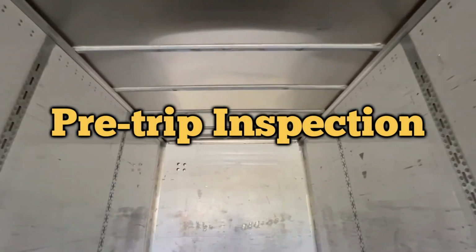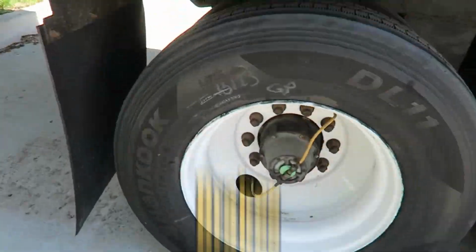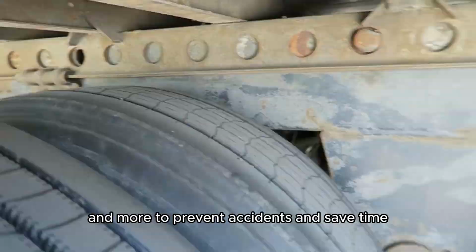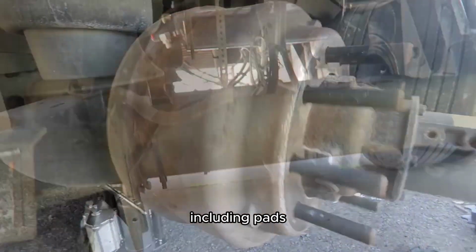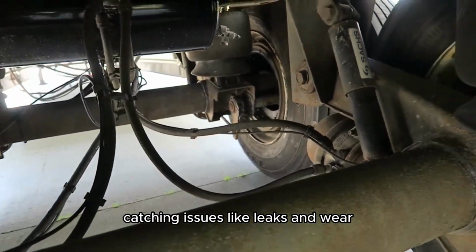Pre-trip inspection. Conduct a thorough pre-trip inspection, checking tire pressure, brakes, electrical connections, and more to prevent accidents and save time. Braking brilliance. Brake system assessment. Regularly inspect all brake components including pads, rotors, valves, lines, and chambers, catching issues like leaks and wear immediately to